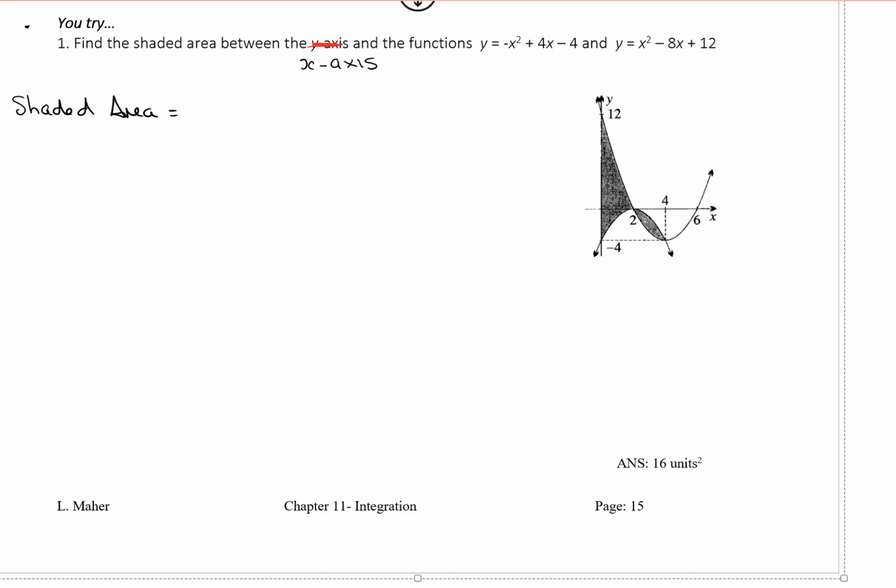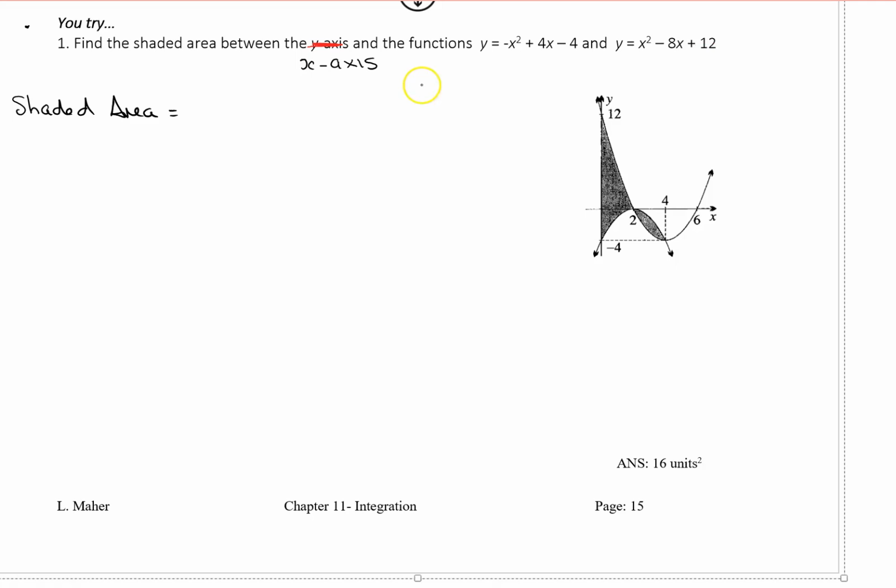In this next example, can I please get you to fix the typo? It says find the shaded area between the y-axis. That's clearly wrong. It's very confusing about what the shaded area and the y-axis would be, and it's far too complicated. So please change that to find the shaded area between the x-axis and the functions y equals minus x